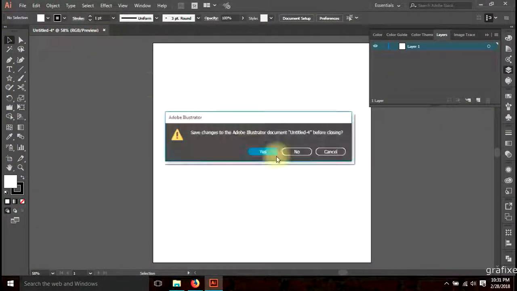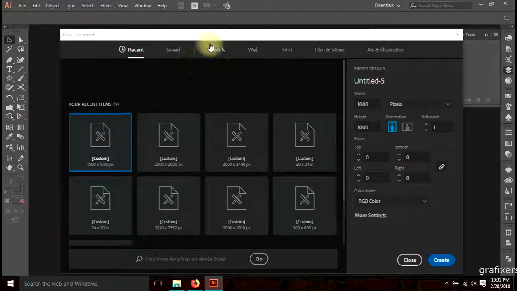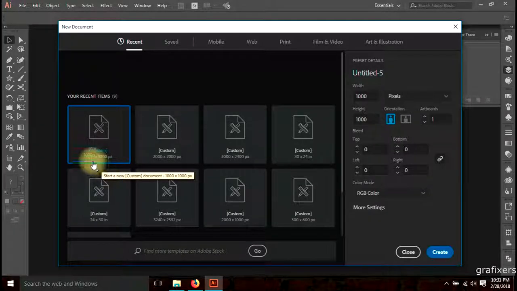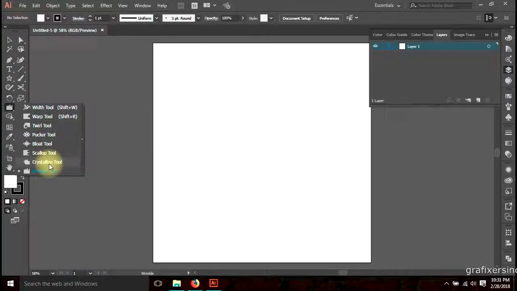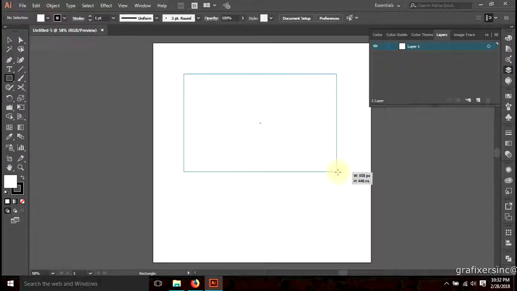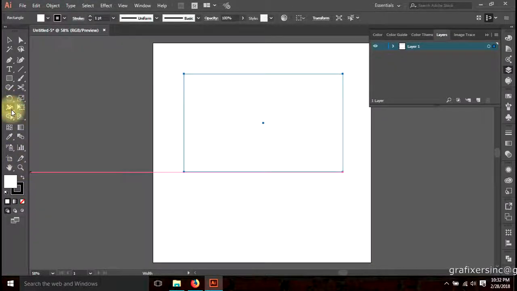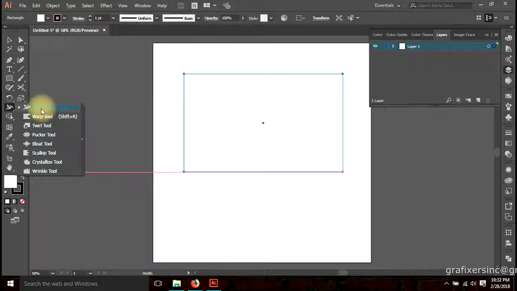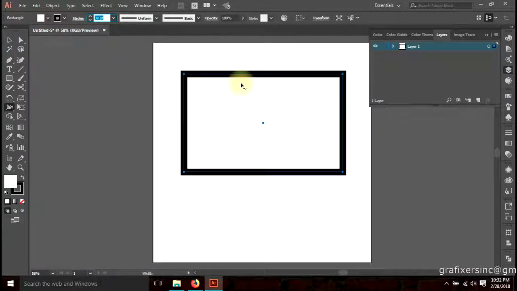Coming back to the lecture, today I'm going to discuss another tool. I'm making the artboard to the standard size. I use 1000 pixel by 1000 pixel, and today I'm going to talk about these eight tools. For these tools I'm going to make one rectangle, and for the first tool we are more concerned with the stroke of anything. So here, if we give a little wider stroke, you can see it better,